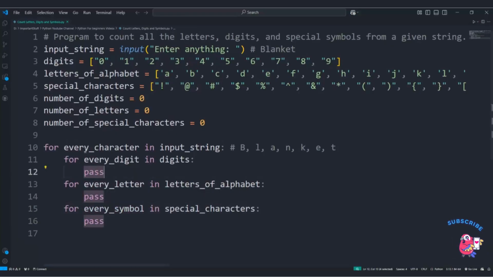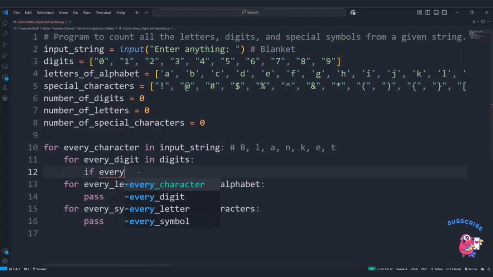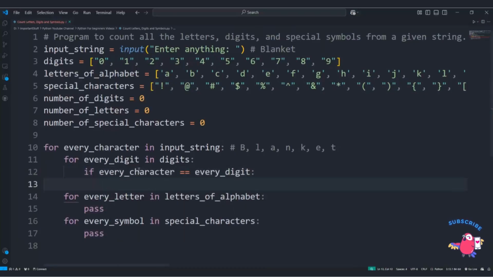So in the first iteration, this variable will have the value capital B. Every digit over here has the values from 0 to 9, and every letter has values from A to Z, uppercase and lowercase, and every symbol has every character that is present in this list in line number 5. Now here I'll make an if statement. In line number